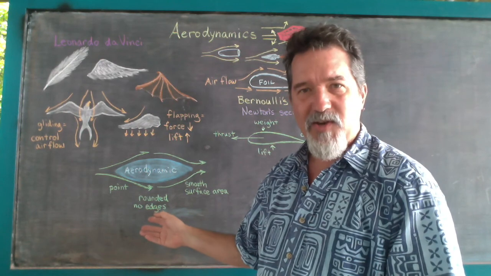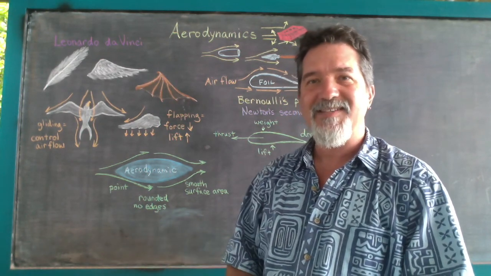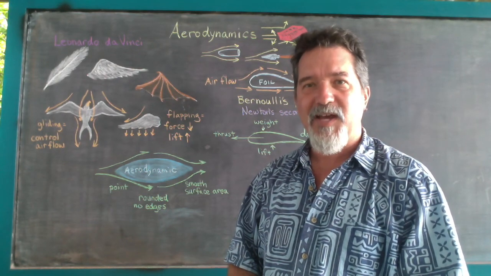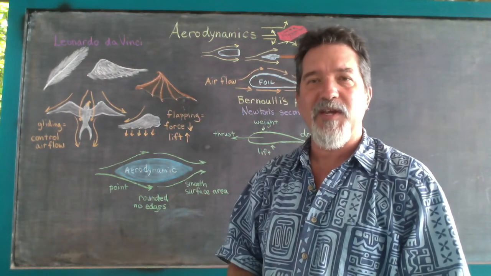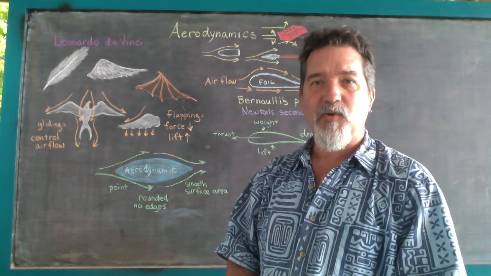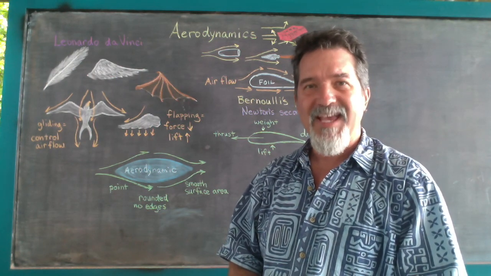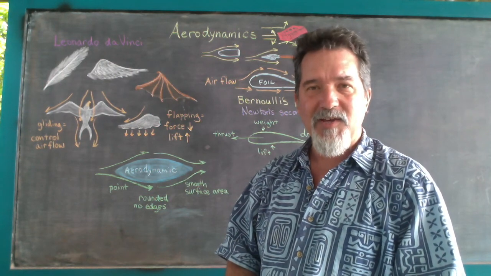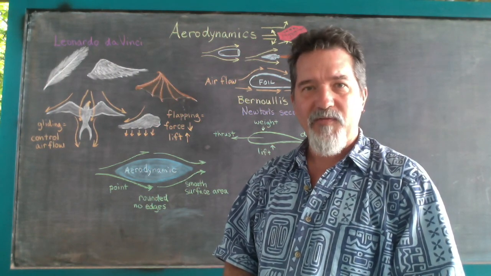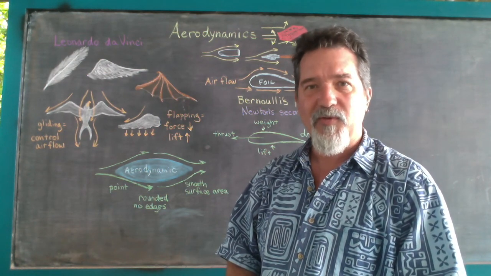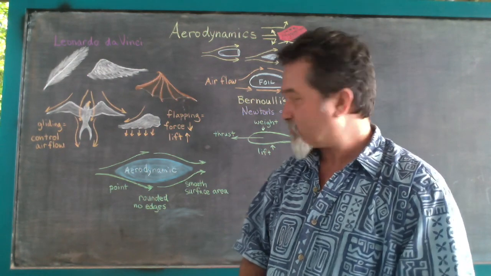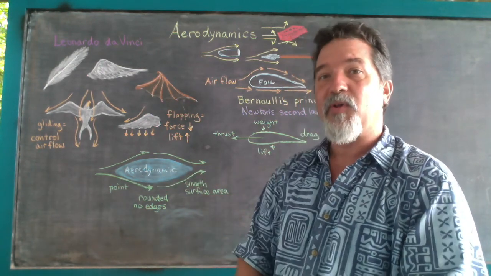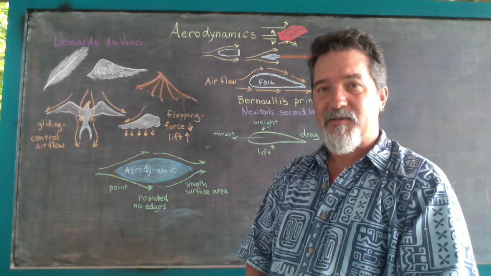Rounded and no edges is an important feature in something that is aerodynamic. Any type of edge that we create, or any type of blunt face at the front of any object or creature, is of course going to reduce the aerodynamics. Air can catch on an edge, and when air catches on an edge, it's going to reduce the flow of that air above and below whatever it is that's moving through the air. We also know that as something tapers off on the backside, that will also help its aerodynamics.